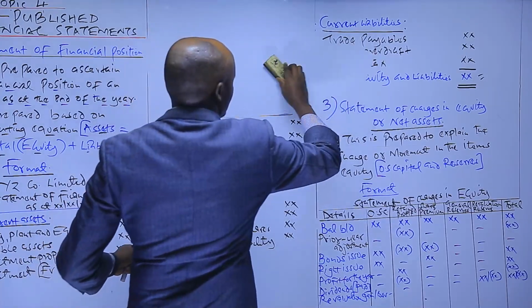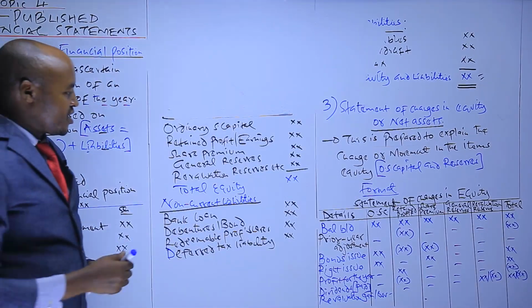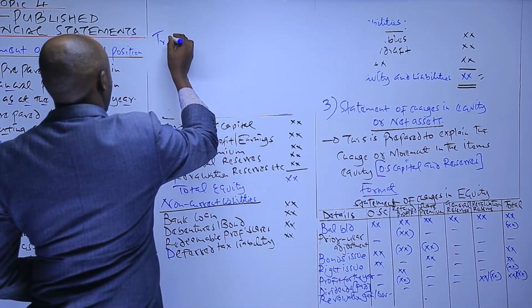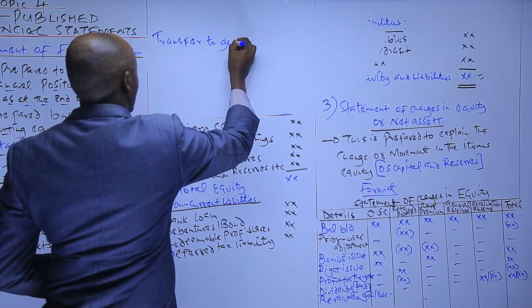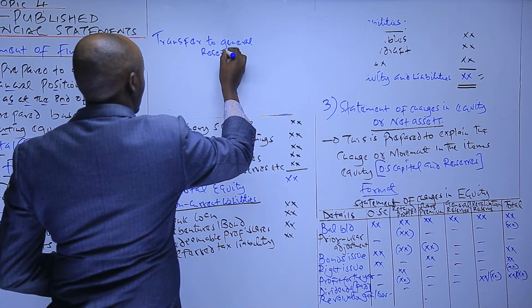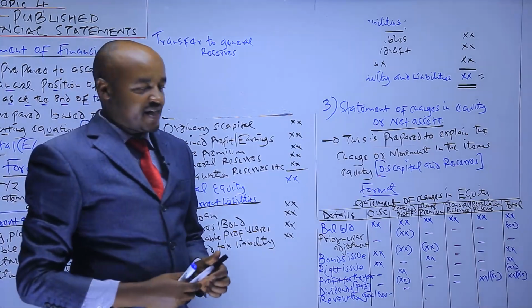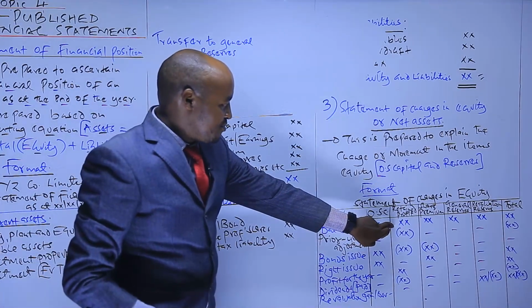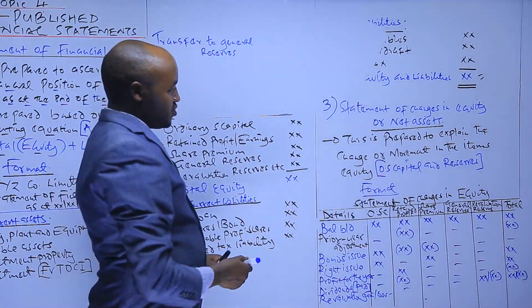The last item which we capture there is any transfer to general reserves. So a transfer to general reserve, this is an amount which is proposed by the directors to be transferred from the retained profit of the company to general reserve. So what will happen is that